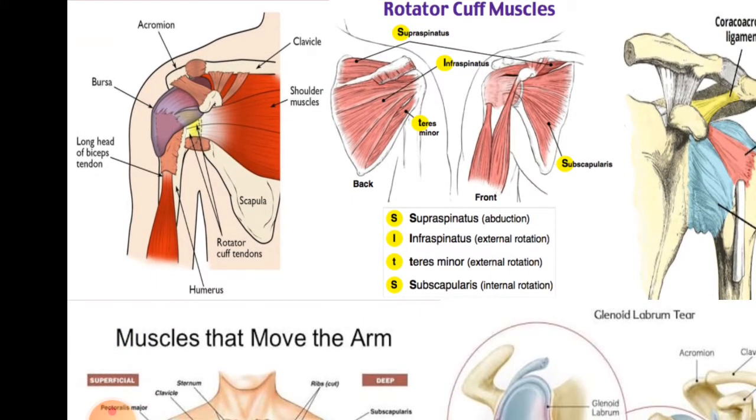You can also appreciate the long head of the biceps brachii muscle, and this long tendon is attached to the shoulder joint through the transverse humeral ligament, and you can appreciate the bursa as well. It also provides stability to the shoulder joint. And here you can appreciate the tendons of the rotator cuff muscles that are also providing stability to the